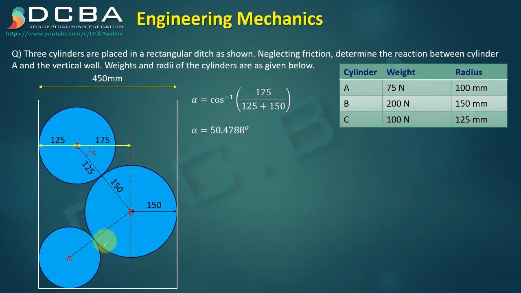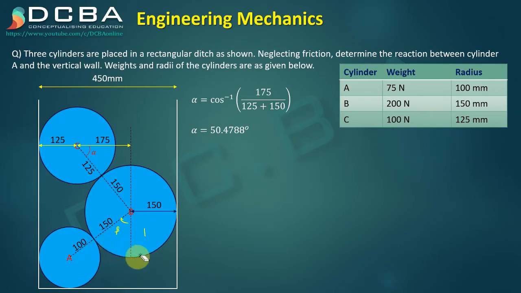Similarly, on similar principles, we can find beta. Let's say this angle is beta. To find beta, I know that this is 150, this is 100, and I need this distance. Now you see that this is not necessarily tangent here. You cannot take this as 150. You do not know whether this horizontal line that I am drawing touches this point or not.